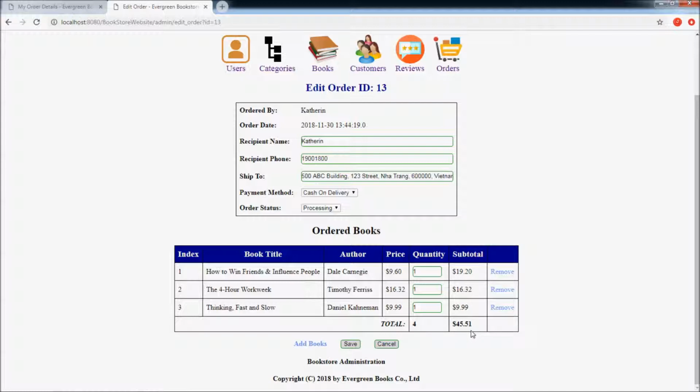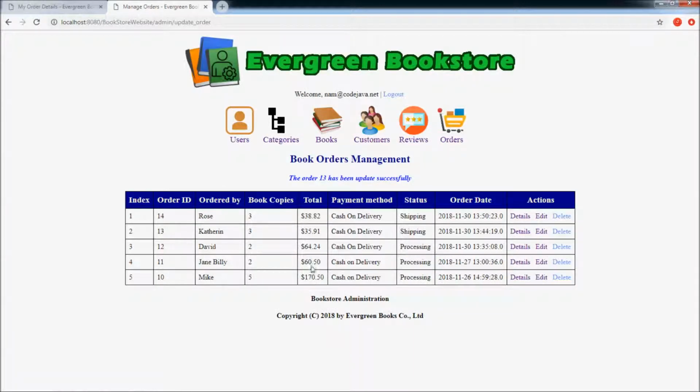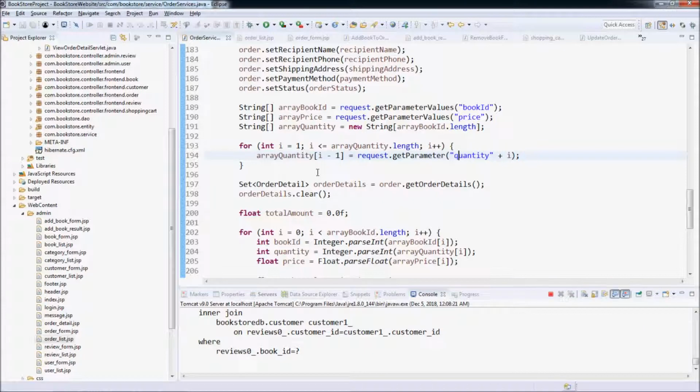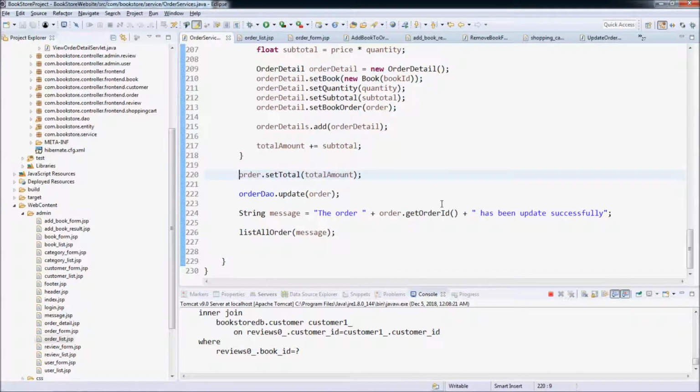So the total amount should decrease by nearly $10, and change the order status to shipping and click save. You see the message appears: the order 13 has been updated successfully. Oh, I need to update the successful message.